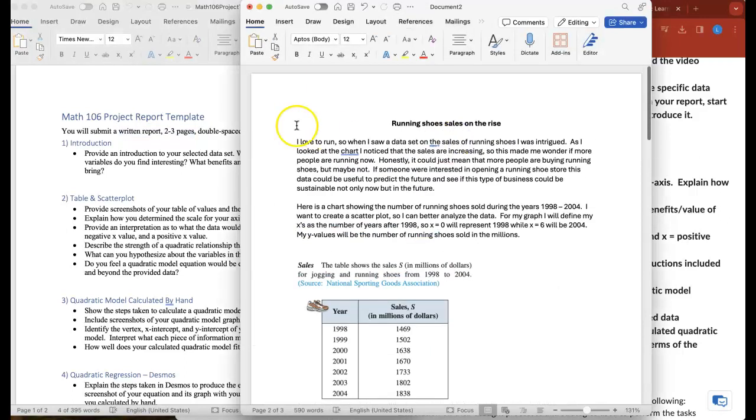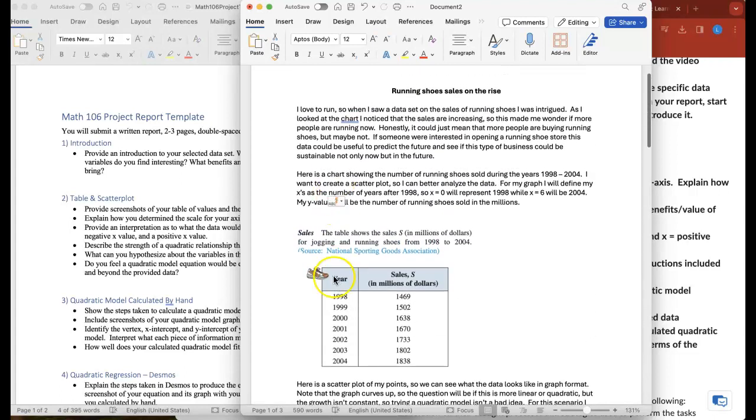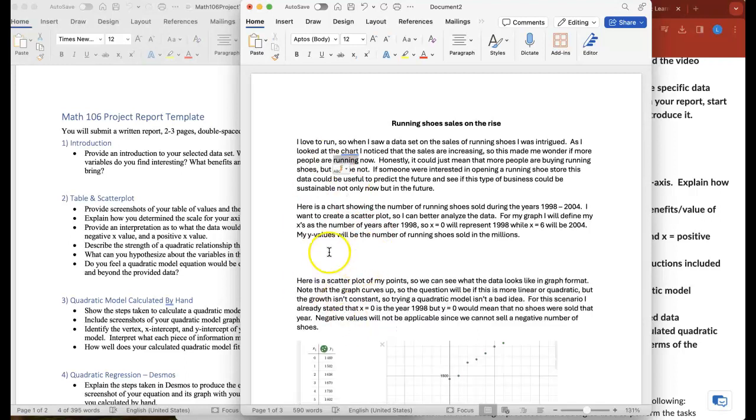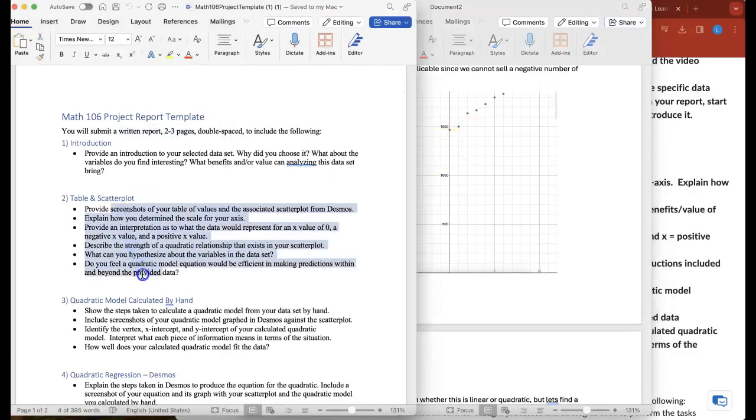I don't want you just, as I said, writing number 1 and then talking about running. Make sure you write it as in paragraphs, make it nice and neat. Introduce what you're putting in. You know, if you're going to put in a table, put in a table. But tell me what you're putting in. If you're putting in a scatter plot, tell me what the scatter plot is, and then answer all of these questions about your scatter plot. But don't just dump it in and then just start talking about it. Don't pretend like I know what